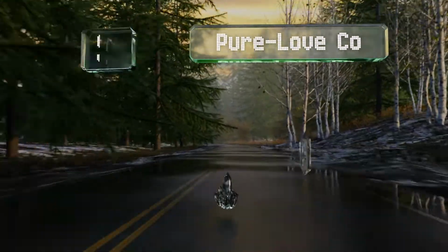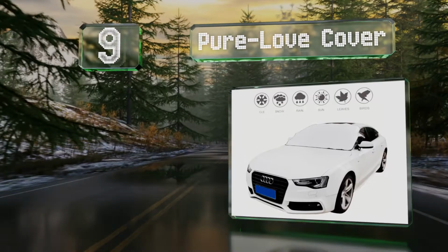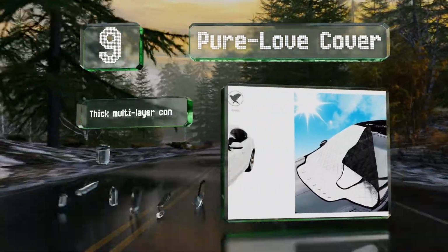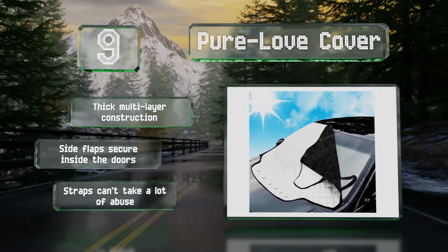At number 9, the Pure Love cover offers relief from all weather conditions, no matter the time of year. In winter, it eliminates the need to scrape off ice and snow, and during hot summer months, it does a good job of reflecting the sun. It's a thick multi-layer construction with side flaps that secure inside the doors, but the straps can't take a lot